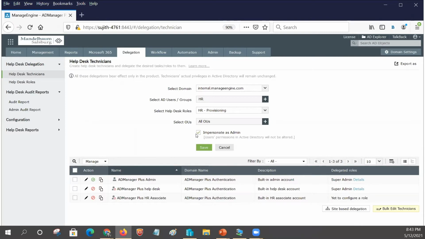What do I mean by that? Now this would answer what I mean by non-intrusive. The HR account which I added here is a domain account, not a named technician. It's a domain account I have added here. And when I select impersonate as an admin, when the account is initially configured, so here under the domain